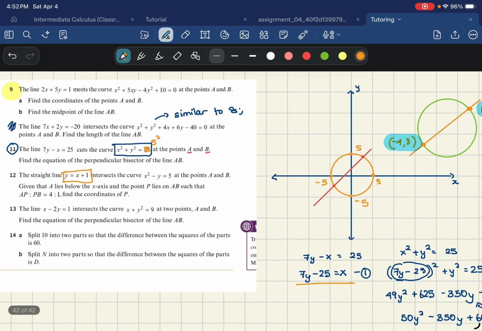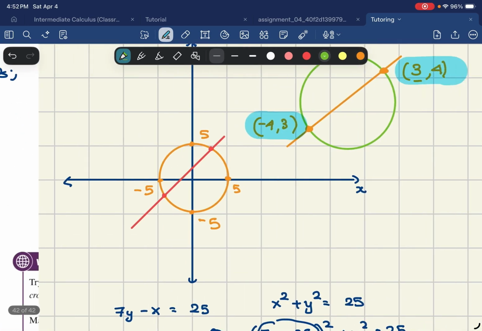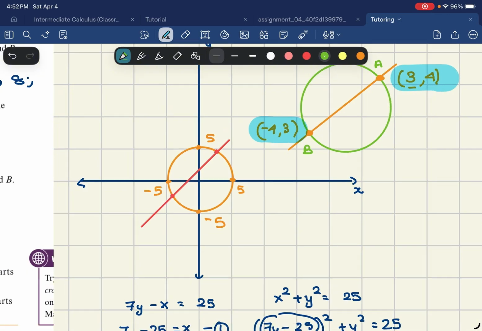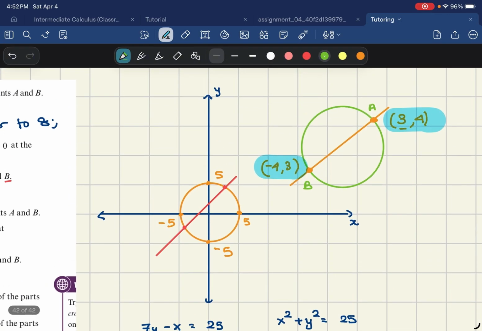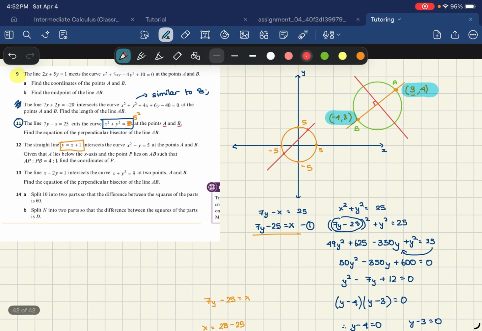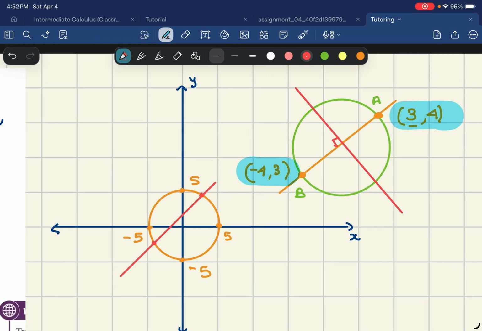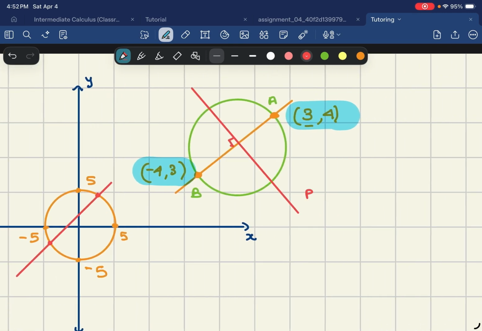It says, now I know that this is A and B. So we need a line that cuts perpendicular. A line that is perpendicular to this line. All right. So there are a number of lines, actually. So now a perpendicular bisector, so it's very specific. It says perpendicular